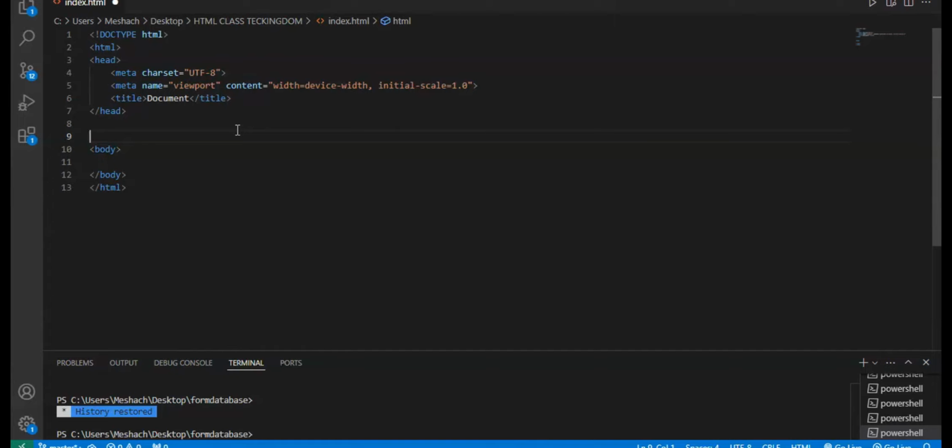Today's class will be talking about some key concepts in HTML. So the first one we're going to be looking at is what we call HTML elements. HTML is composed of elements which are defined using tags. An example of an element is